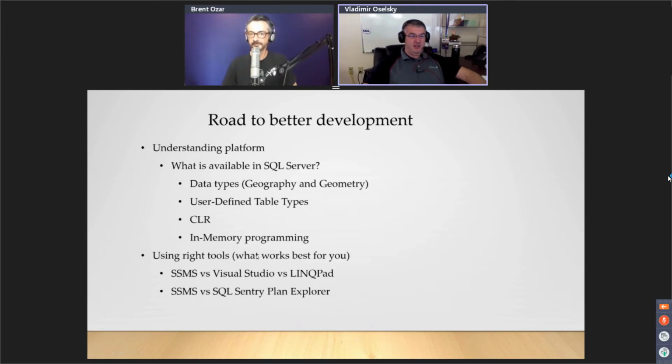announced SSDT. So now there's more integration with Visual Studio, and I'm actually going to be doing all the demos in the new SSMS version 14, I believe it is now, which looks even more like Visual Studio. And then there's also this little program called LINQPad. I'll demonstrate why I'm actually using it.